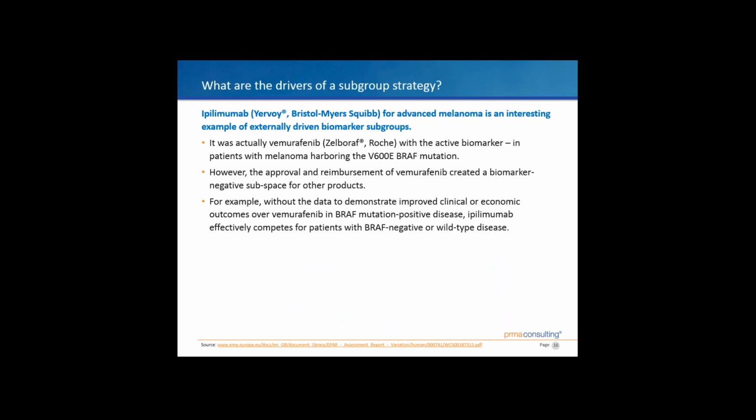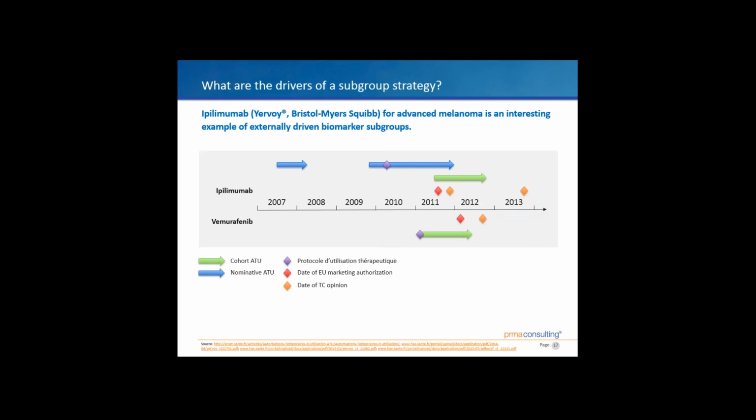So BRAF mutation negative, BRAF mutation wild type. And what we see is that even though ipilimumab came to market first, you can see from this diagram, using the Transparency Committee in France as our illustrating example, as ipilimumab was coming to assessment and consideration, vemurafenib had already